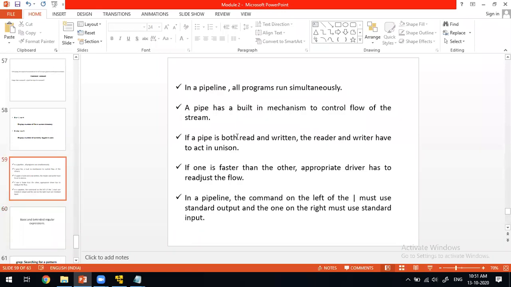If you have any doubts in this pipe symbol, you can ask now. Does anyone have any doubts in this pipe? Both are going to run simultaneously, but where they have to stop, everything is known to the pipe symbol. It knows how to balance it.